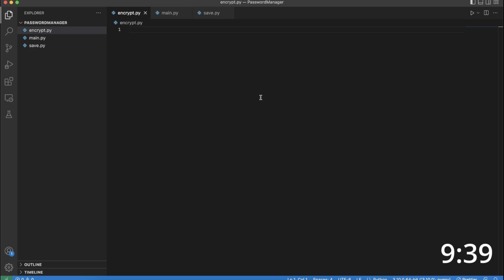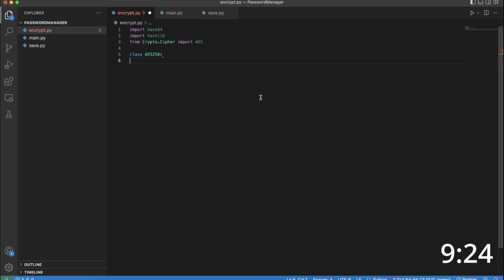So we're going to import all the packages we need. We're going to import base64 and hashlib, and these are already downloaded with Python, so we don't need to worry about downloading anything. And then we're going to also import the package we just installed. After that, we're going to create a class called AES256, and we're going to start with the initialization method